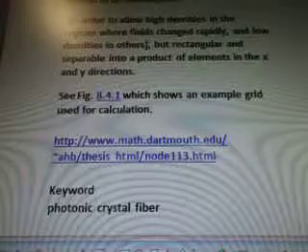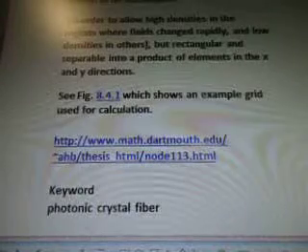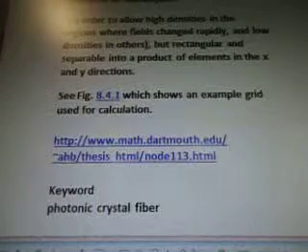Shows an example grid used for calculation. I don't know if I didn't have that figure. So this is